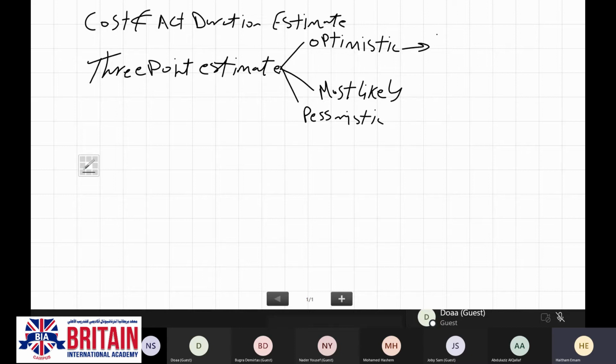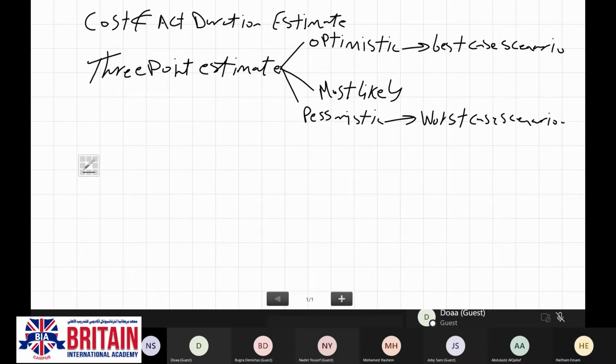Optimistic is the best case scenario, pessimistic is the worst case scenario, and most likely is the moderate or neutral scenario.